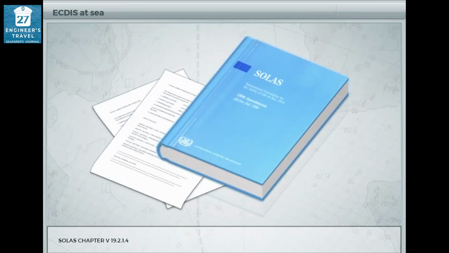In 2002, a revision to the existing regulations stated that an approved ECDIS device is acceptable under SOLAS Chapter 5 Regulation 19 for the chart carriage requirements. This means an ECDIS must be capable of storing electronic charts that are equivalent to full folios of paper charts